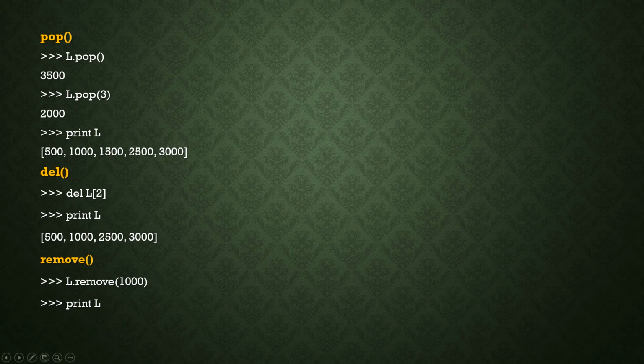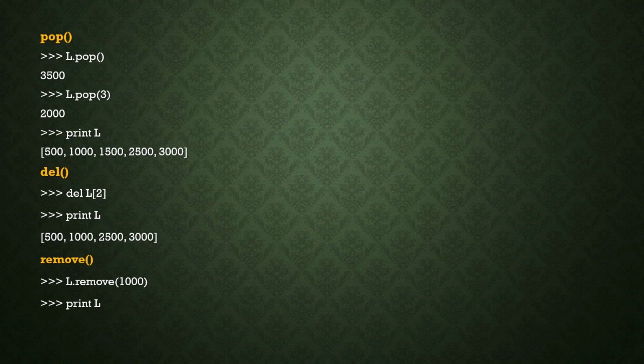Here L[2] means index value is 2, that means 0th index value is 500, first index value is 1000, second index value is 1500. So del L[2] will delete 1500, and a total of 5 elements will be displayed without 1500.